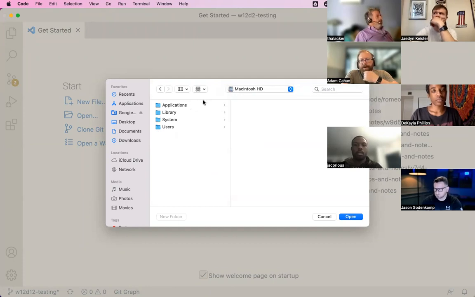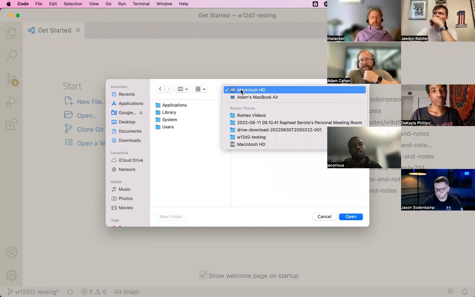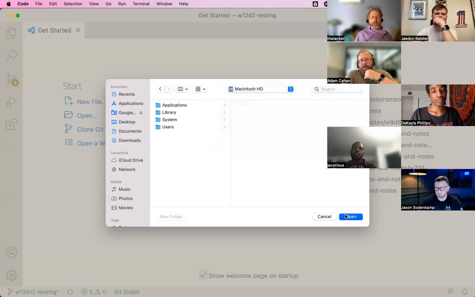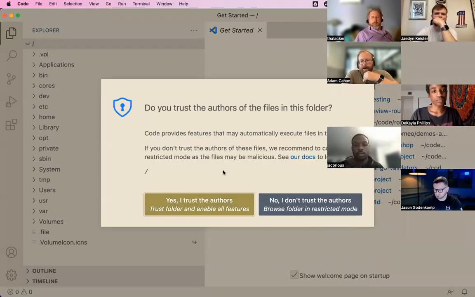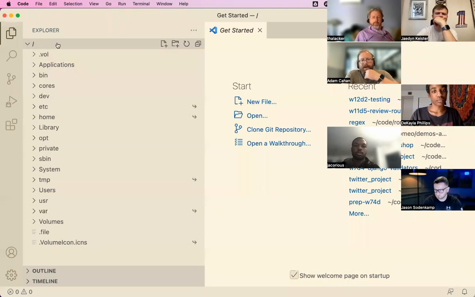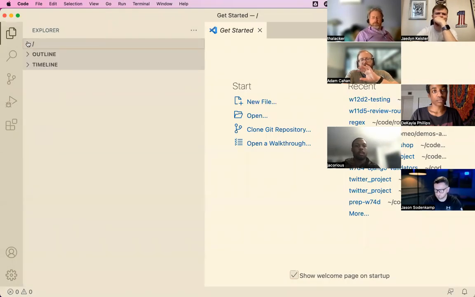Just for the fun of it, this is not how you would do it, but I'm going to open the root Macintosh directory of the whole computer. You should never ever do this, but I just want to visually demonstrate